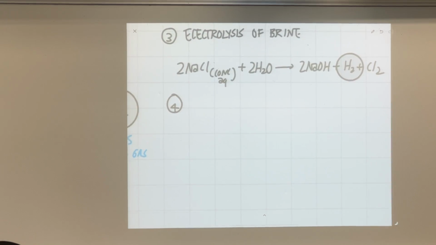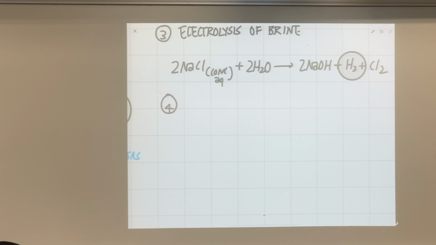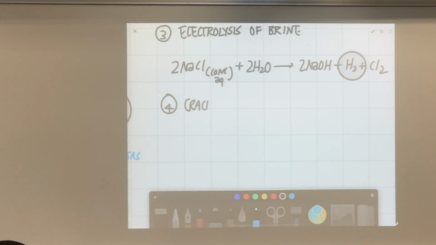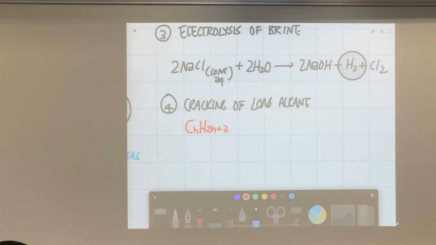First of all, can you tell me what's the general formula of alkane and alkene respectively? CnH2n plus 2. Yes, put this down. First let me put down the heading: cracking of long alkane. On the right hand side of method 4, can you see some blank space? You can write down the general formula of alkane and alkene there. CnH2n plus 2 is the general formula of alkane and n starts from